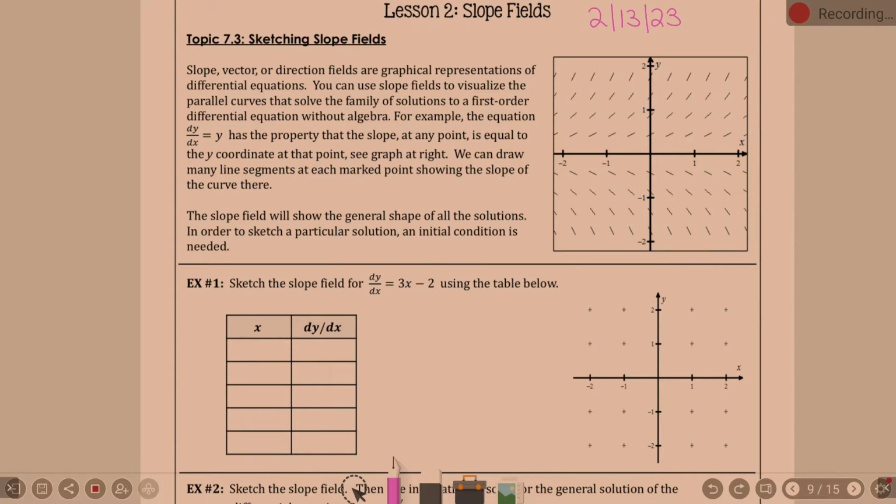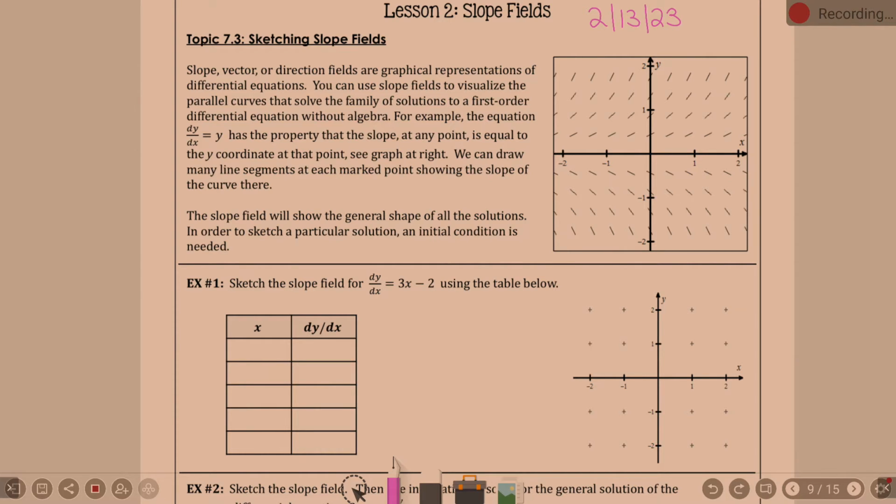Okay, lesson 2 is slope fields. And as I said, we introduced them a little bit on Friday, or Thursday into Friday, I guess. Slope vector or direction fields are graphical representations of differential equations. You can use slope fields to visualize the parallel curves that solve the family of solutions to a first-order differential